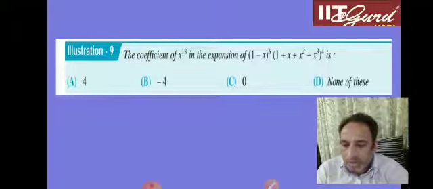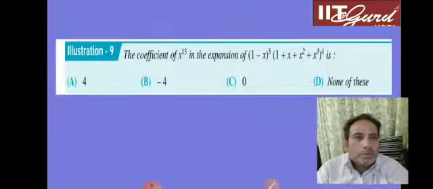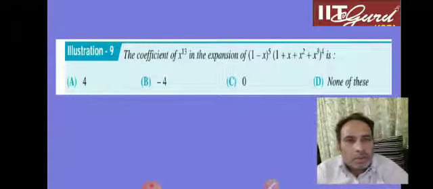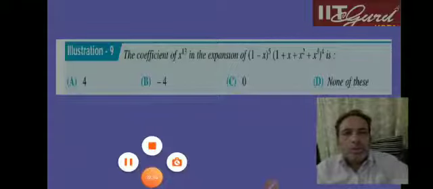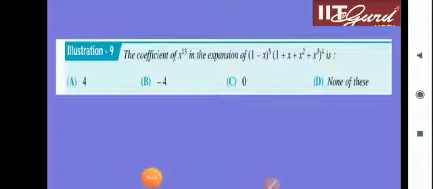How will you do this problem? Let's think. You just pause the video and then go ahead for the solution. Try yourself, and then I'll give the solution. Okay, fine. You can pause this video. So okay, hopefully you are able to solve. I think so. Anyhow, if you are not able to solve, then go through the solutions. Let's see how to solve.